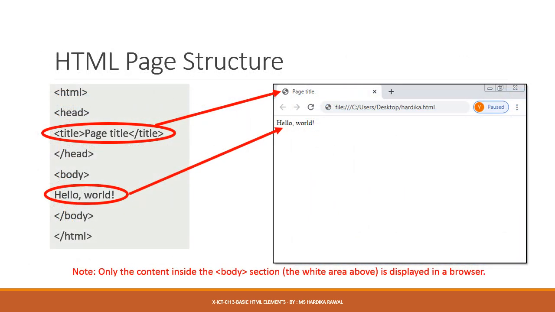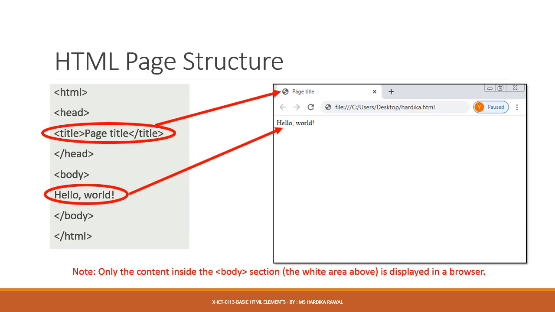On your screen now is the page structure of an HTML document. The HTML tag has to be compulsorily written to make an HTML page. After that, the head tag contains the title of the page, which, as you can see on the right hand side on the browser, will be seen as the name of the tab in the browser. Then the content which you have written inside the body tags will only be displayed as web page content.